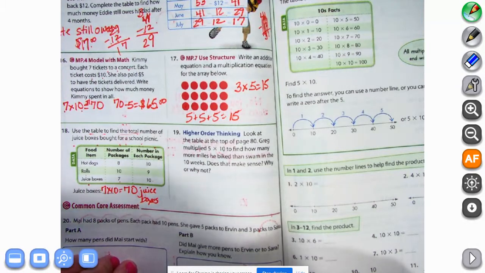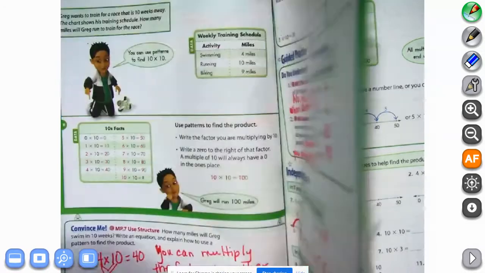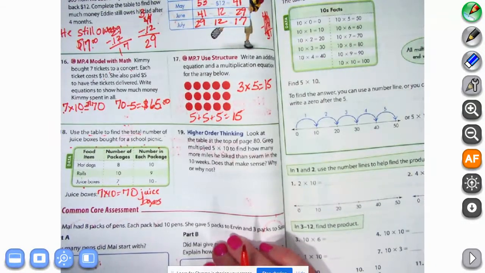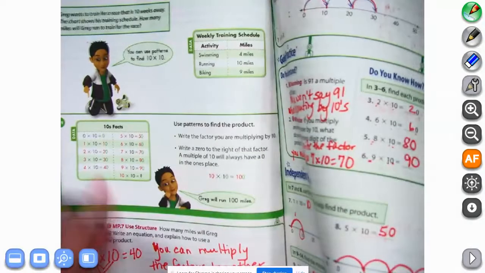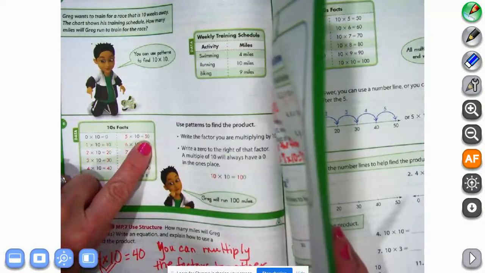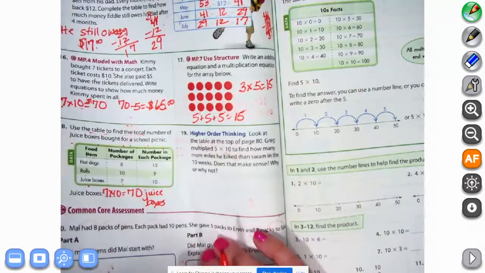So we're going to look at the table at the top of page 80. He multiplied 5 times 10 to find out how many more miles. So 50, and it says